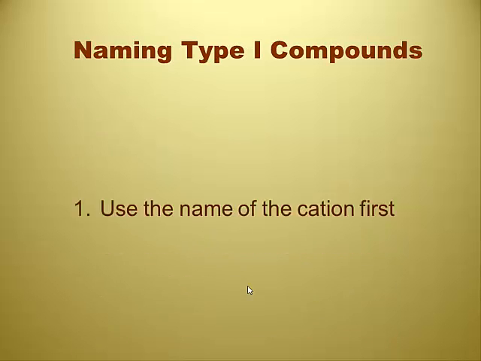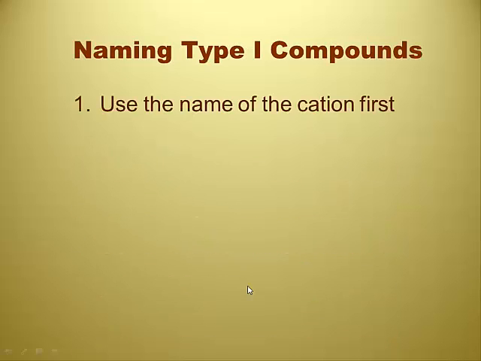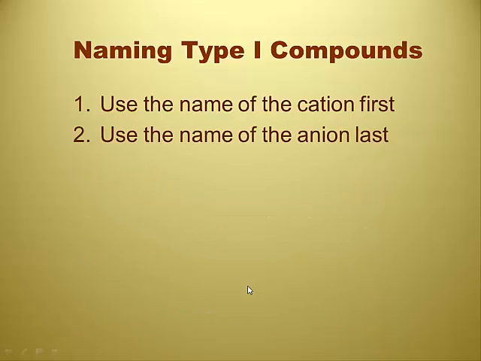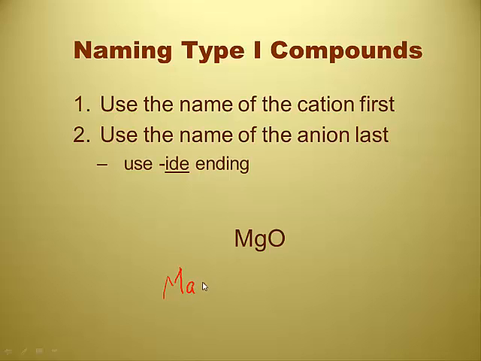Type 1 compounds. Okay, name of the cation first. The cation is the positively charged thing. Yep, all right. Anion last, but the anion has an "ide" ending. Okay. All right, that's easy enough to understand. Yeah, that sounds good. All right. Ooh, cation, always listed first. So,